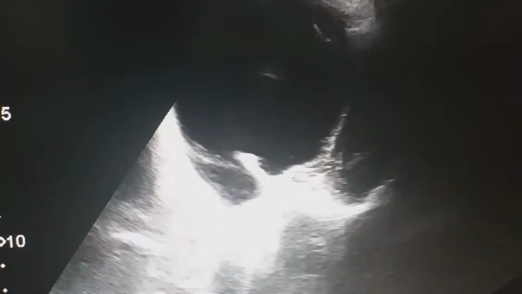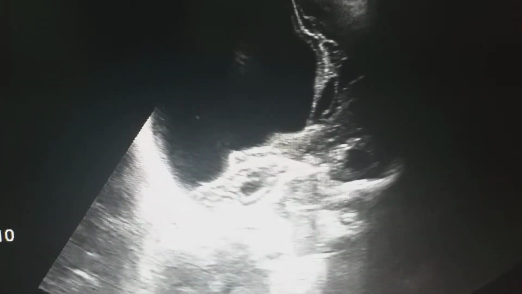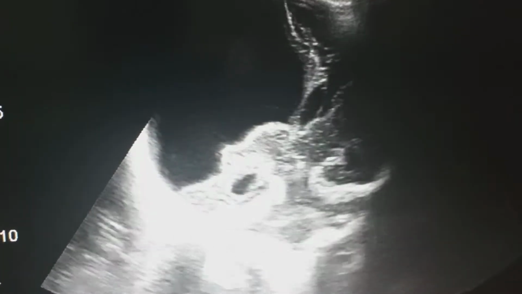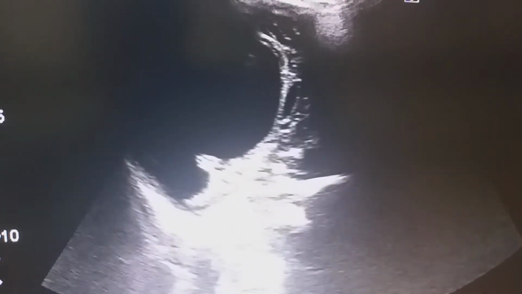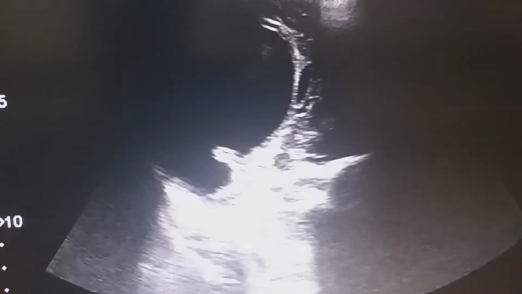Here, we have to place the probe at the anterior fontanelle when it is open for the brain scan. If the posterior fontanelle is open, then we will also place the probe in the posterior fontanelle. Usually we can do the brain scan before 1 year of age, as the anterior and posterior fontanelle are open. So I have placed the probe in the anterior fontanelle and we can appreciate that